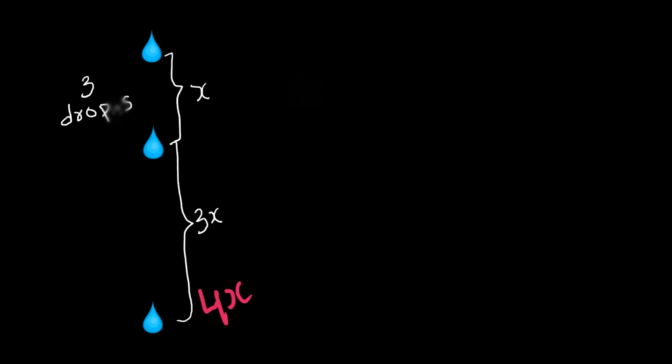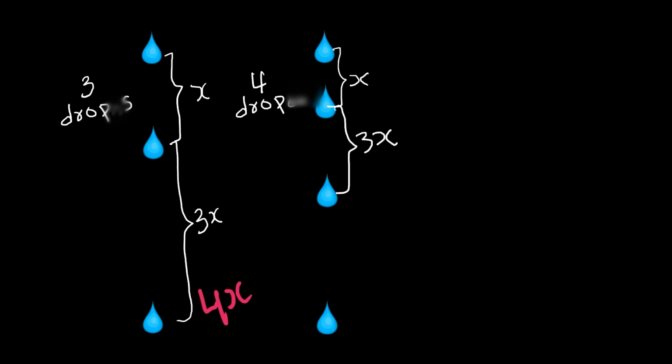But further, I am extending to the 4-drop model. Again here, first drop, second drop, third drop, and the fourth drop is ready to leave the tap. The distance between the fourth drop at the tap and the third drop is x. The distance between third and second is 3x. The distance between second and first is 5x. So the total distance is x plus 3x plus 5x, which is equal to 9x.